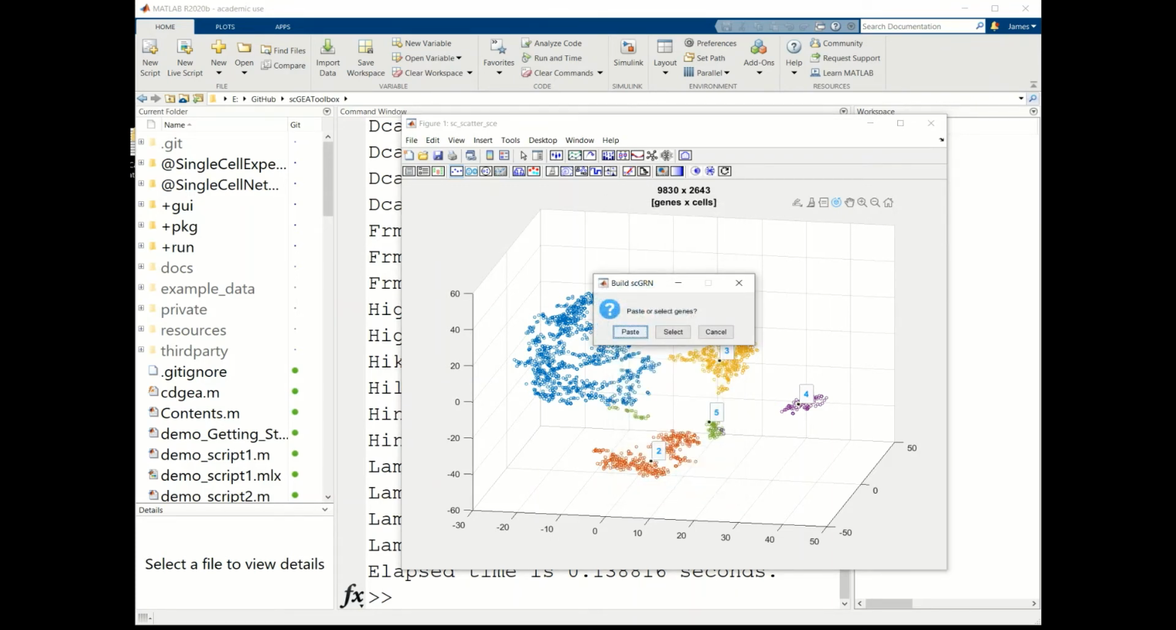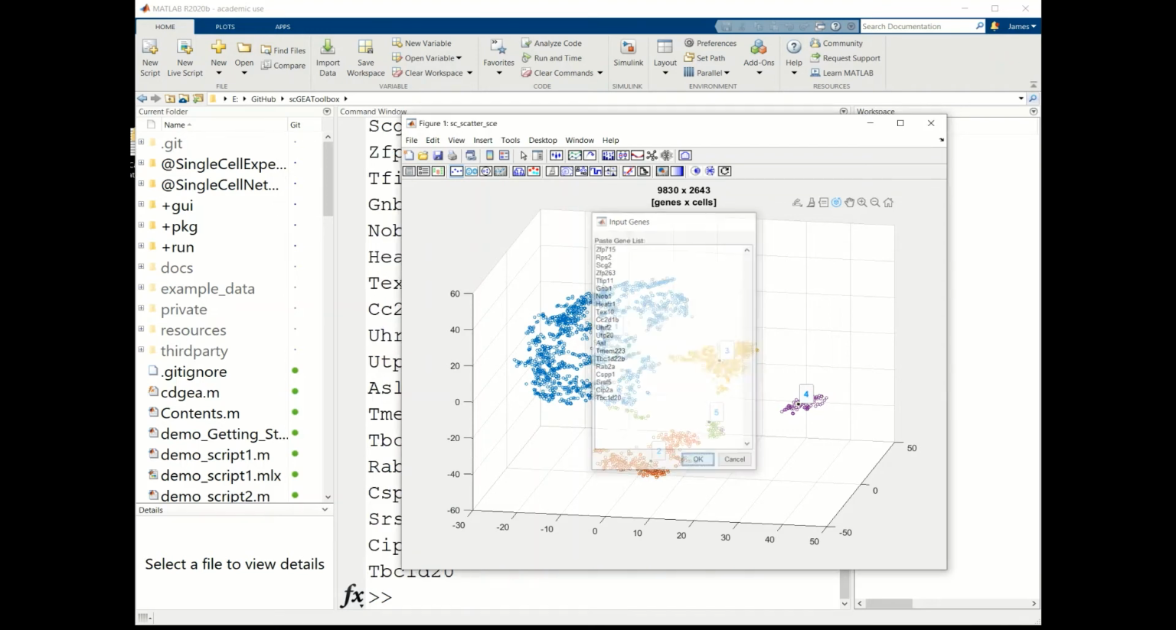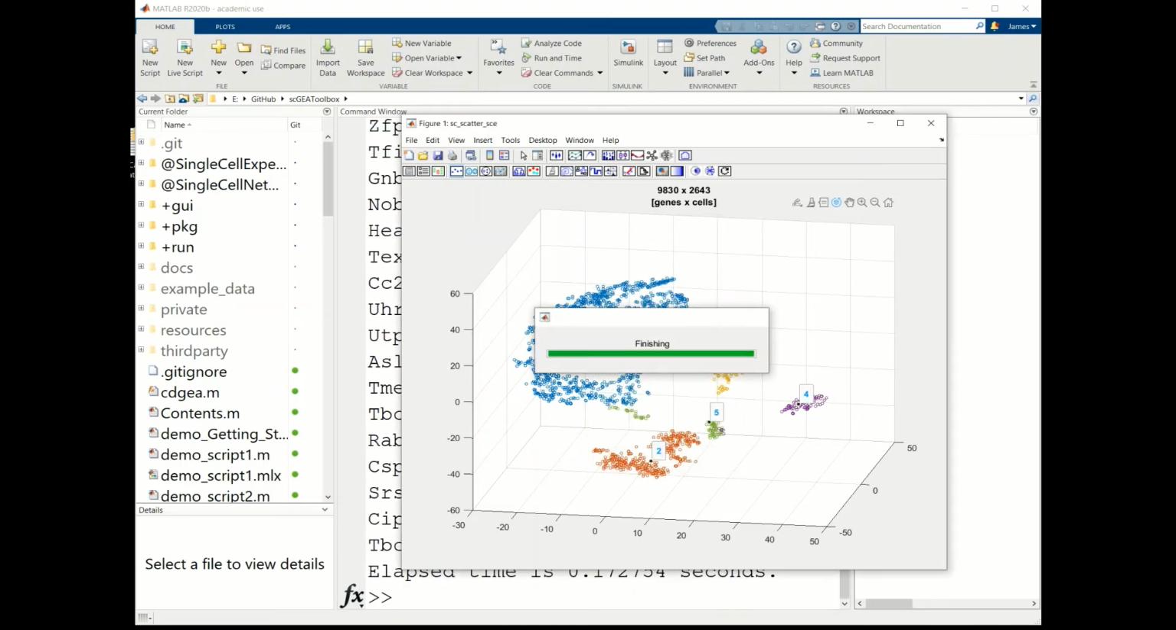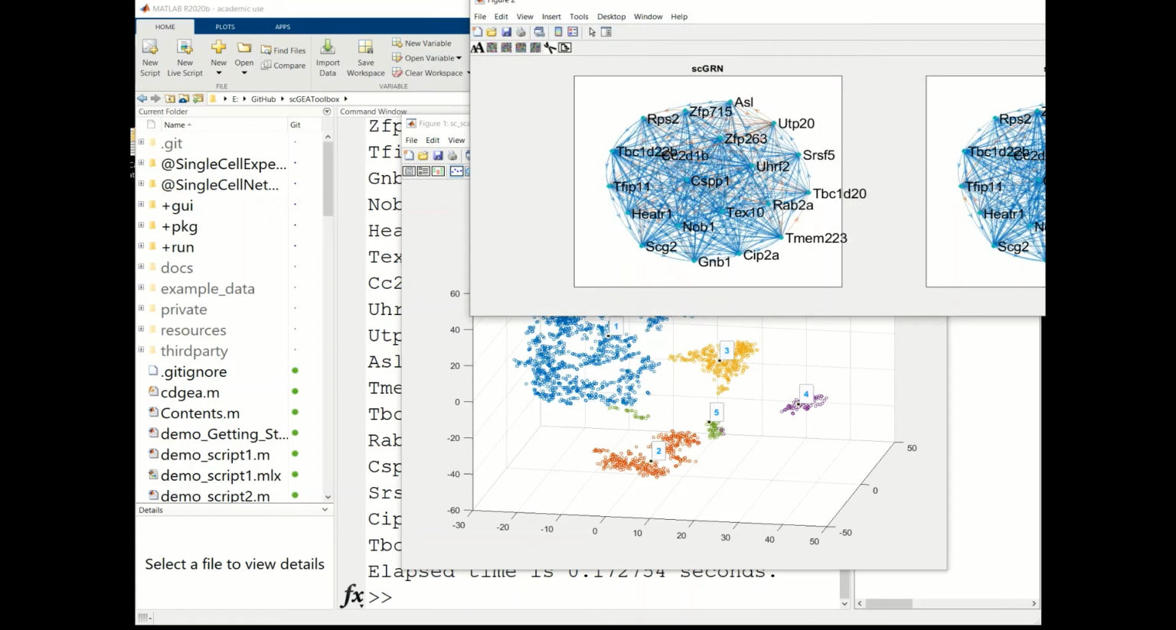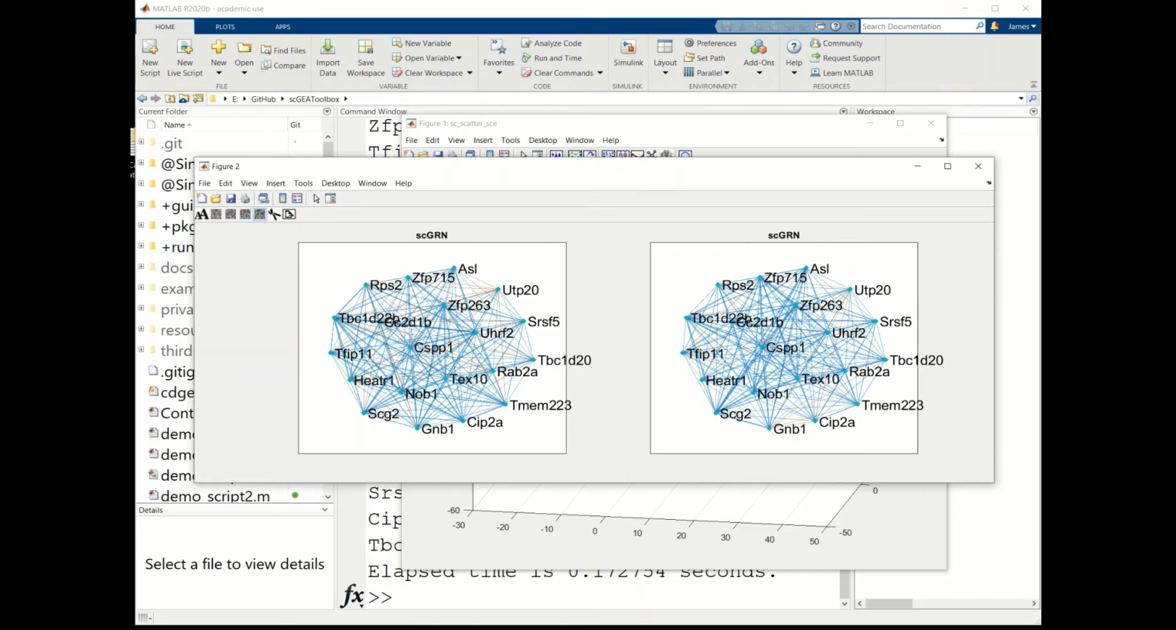and in this case I'm not going to select any genes. I just paste a list of genes. I just randomly select a couple of genes, and then 2 networks will be constructed. Again, you can see changes to the undirected,